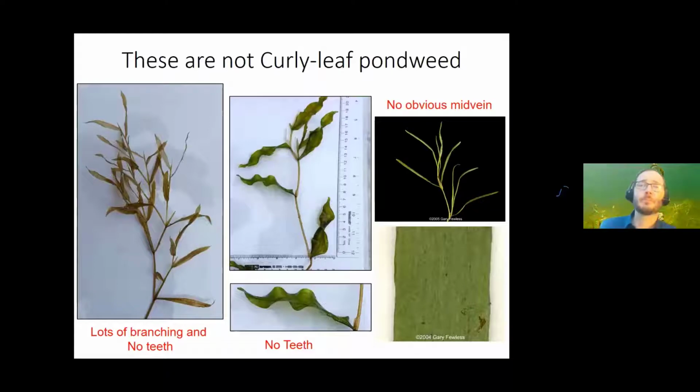So the plants you see here, the 3 species, these are not curlyleaf pondweed, but these 2 are other pondweeds, and this is a different group altogether. But there are some easily confusable plants here, but I'll show you why. So this is